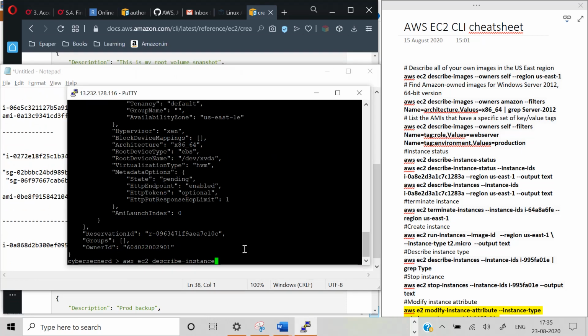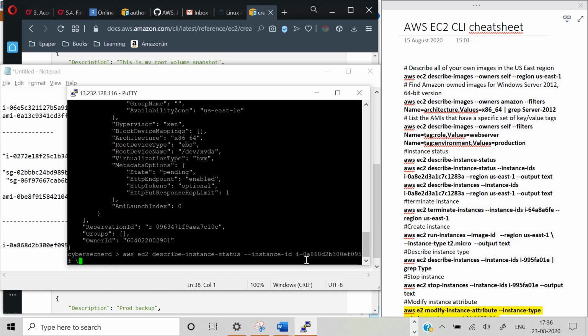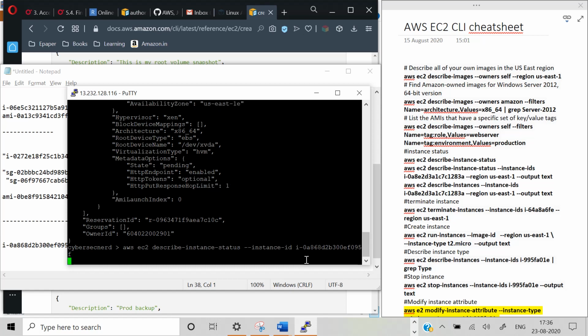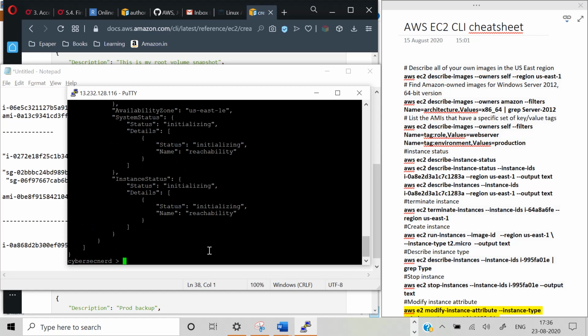Yeah, so if I describe instance status, I can use this instance ID, and I will just give the instance ID, and I'm just interested whether it has already been launched or not. So first of all, see what this particular command does. We will be getting some kind of metadata with respect to the status as well. You can see the status is initializing as of now,